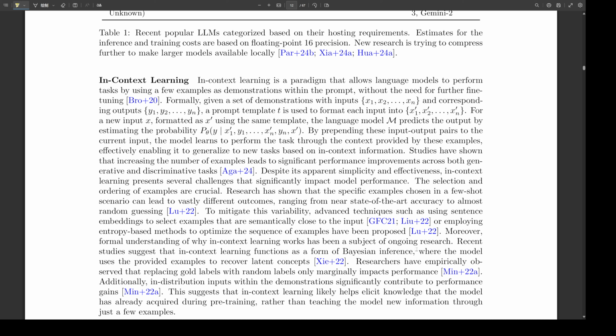Precisely. And one really interesting thing about these LLMs is their ability to do in-context learning. This means they can learn new tasks simply by seeing a few examples in the prompt itself without any explicit fine-tuning. So you're showing the model a few examples of what you want it to do, and it figures out how to generalize from those examples. Exactly. It's like teaching a kid by showing them how to do something a few times and then they pick it up. That's pretty amazing. But are there any limitations to this in-context learning? Well, it can be sensitive to the specific examples you choose and the order you present them in. Researchers are working on ways to make it more robust, but it's still an area of active research.